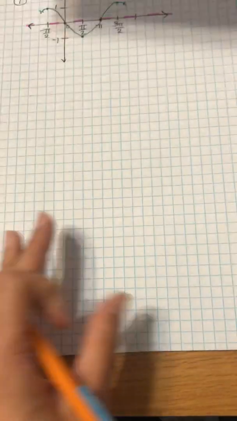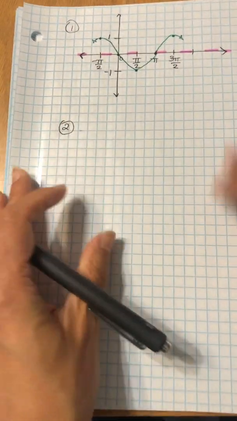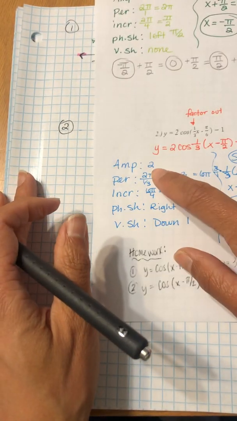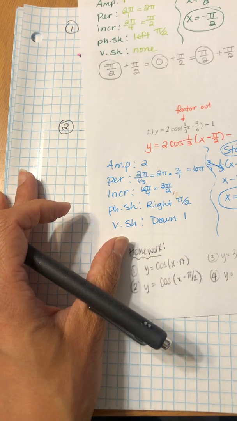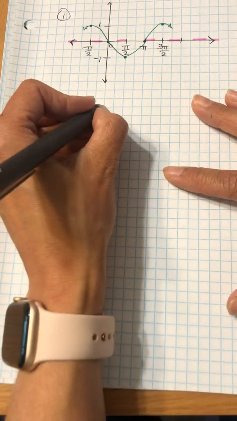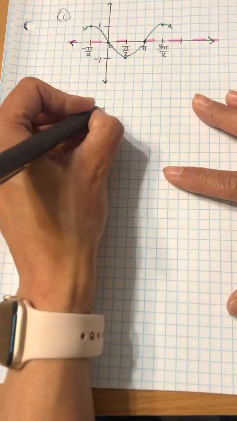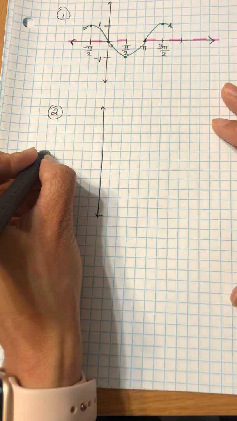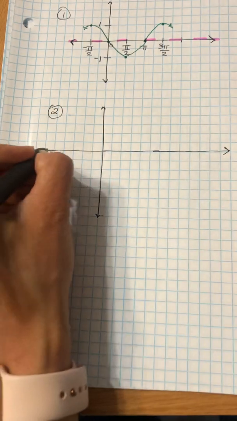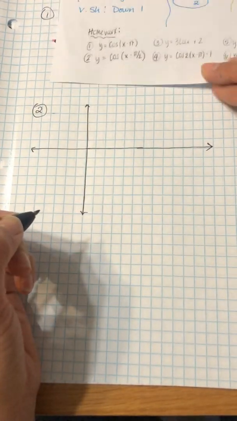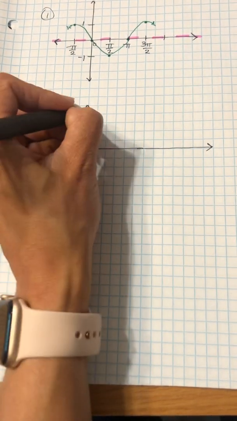So let's go ahead and get to the graph paper. Grab my black pen. This is number 2. Now this time the amplitude is 2. I was shifted down 1, so I am going to need a little bit more on the negative side. So let's do that. Let's draw the x-axis up here. Okay, and let's see, the amplitude was a 2, so we'll have 1, 2,